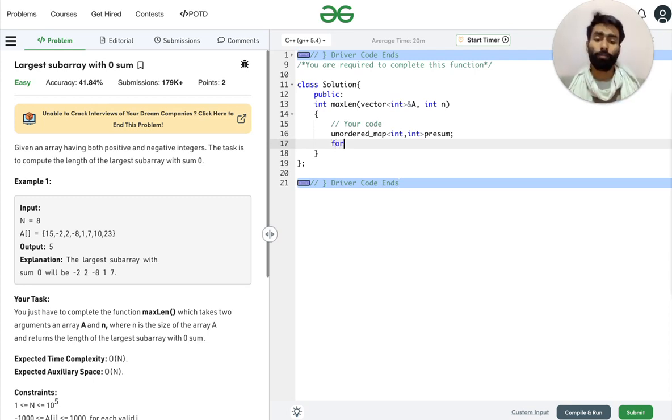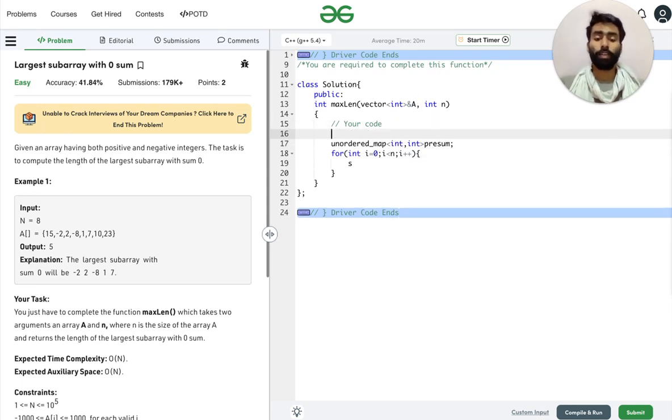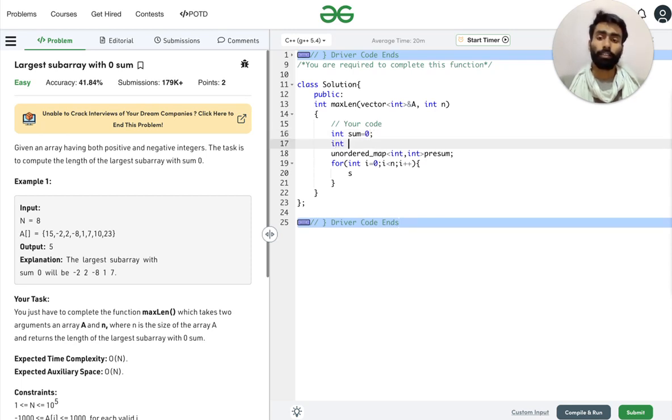So we will iterate, and this solution will be based on O of n: for i equal to 0, i less than n, i plus plus. There is also a need for a variable sum, where we calculate the sum of the current element, and another variable where we will store the maximum length of the subarray.